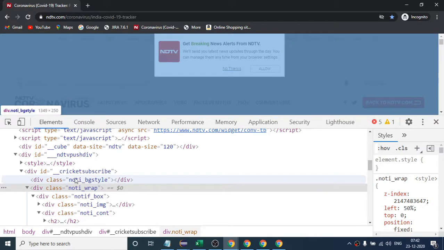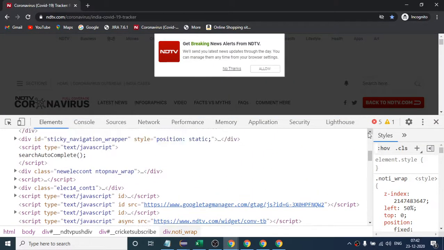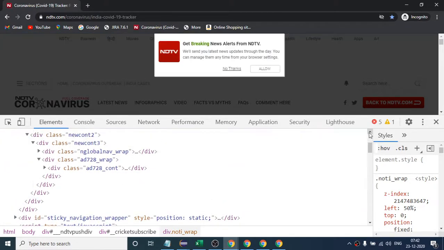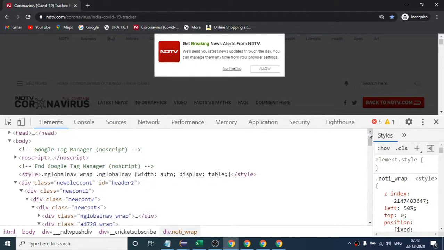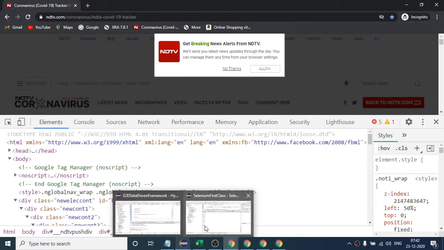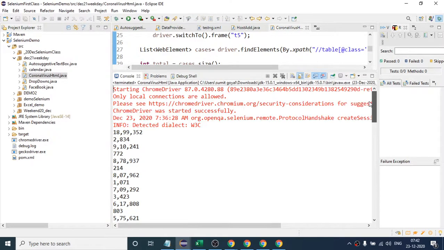But if you come up, I think there is not any iframe. Here it is present inside a div, not inside any iframe. So here you can click on it directly. But you see, we are getting all this data.